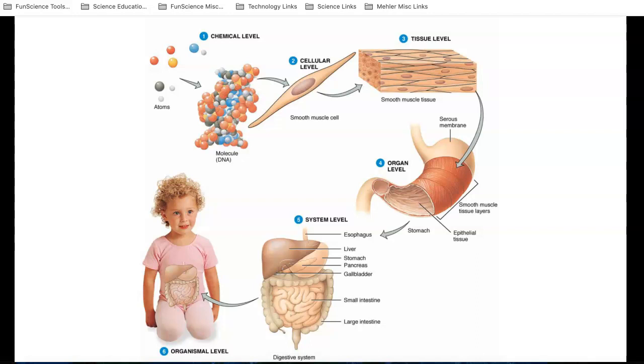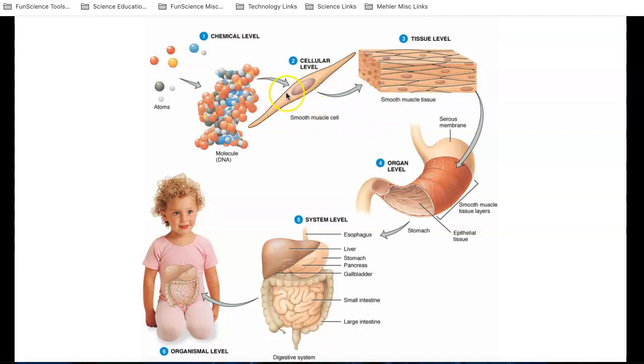This is showing you the chemical level. We've done a lot at the chemical level in the previous chapters of the course. Here are atoms of carbon, hydrogen, oxygen coming together to form molecules like DNA and glucose. But then all of those molecules come together to form a cell. And we'll talk a little bit about what makes a cell alive a little later when we get to